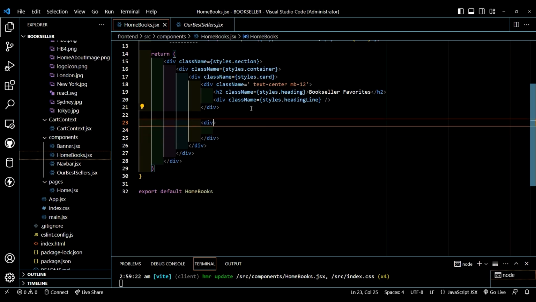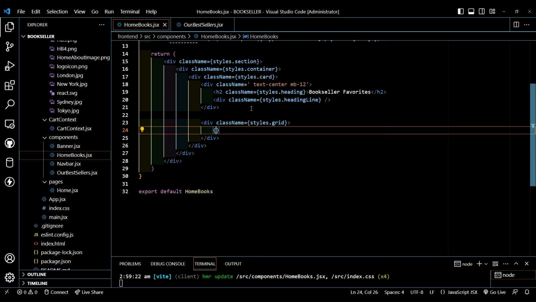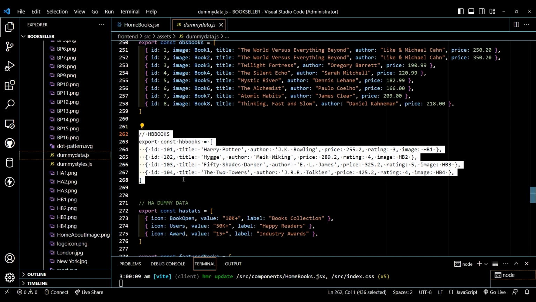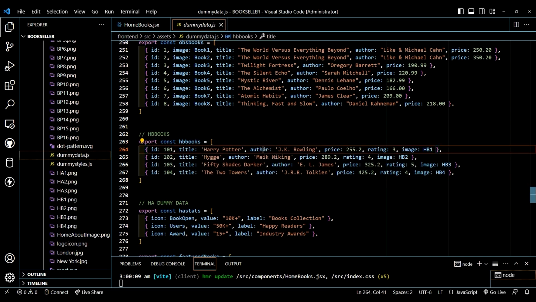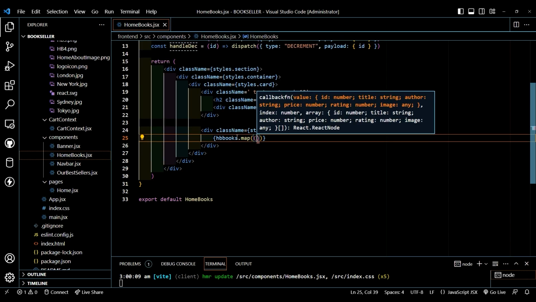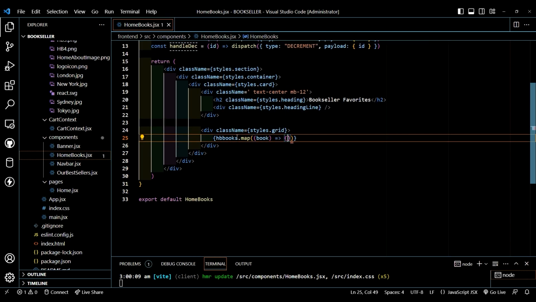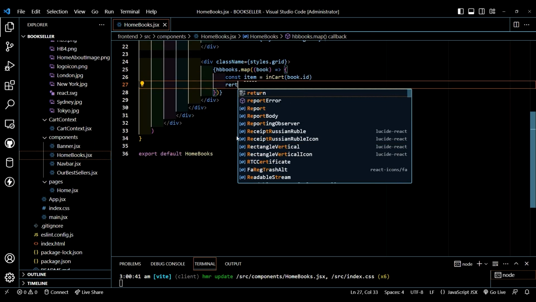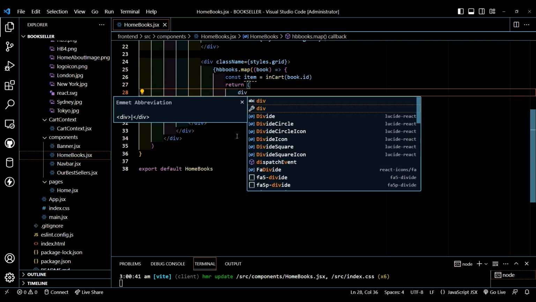So now after this, let's type here give class name styles.grid, then inside this hbooks. These books will be used here for the home books, which will have author, price, images and title with ID also. Here the dot map function, and inside this we will be typing books, create an arrow function. Let's type const item is equal to in cart book dot id, then let's type return a div tag,